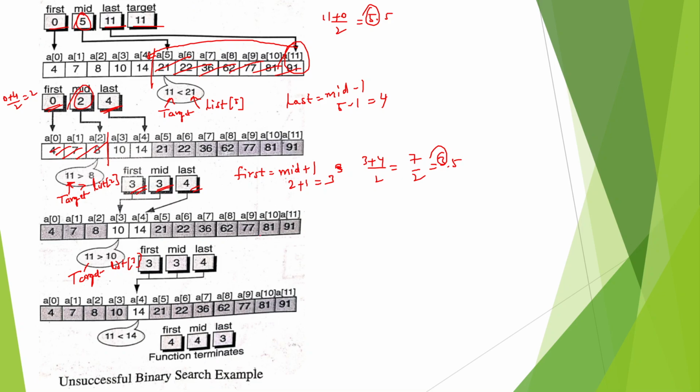Modify the first. How come? First will become once again mid plus 1. Mid is what? 3. So this is 3 plus 1. So first will become 4, as you can see here. First will become 4, and last from the previous case